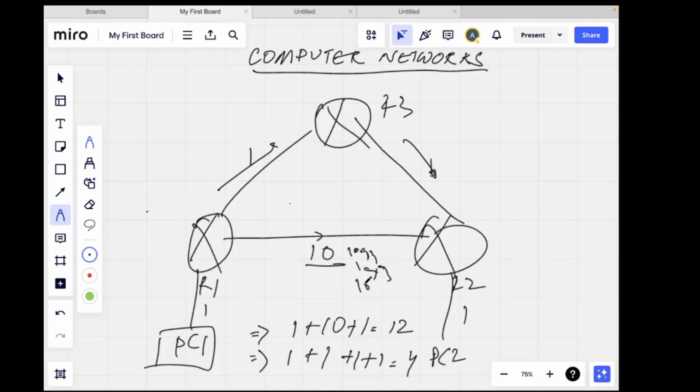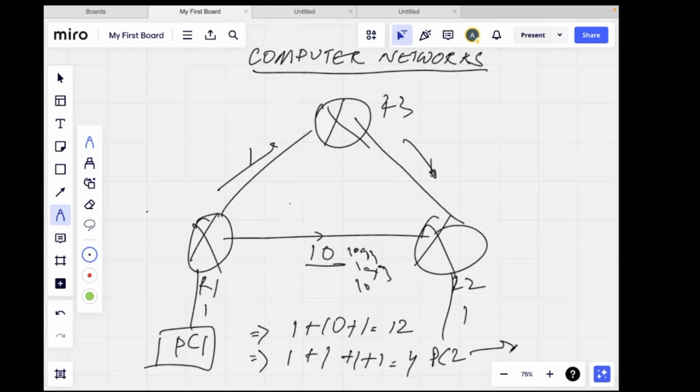And also, if you are covering a bigger area, then you have to do more computational processing. That's why we have areas. Within that area it will show you the shortest path, and then from that area to the other area it will show you another shortest path. So that's how it reduces the computational cost for the router to process. At the end, the router is also like a PC which has memory and CPU cycles and everything running on it. So this is how Dijkstra's algorithm works, and then this will basically install the best path in